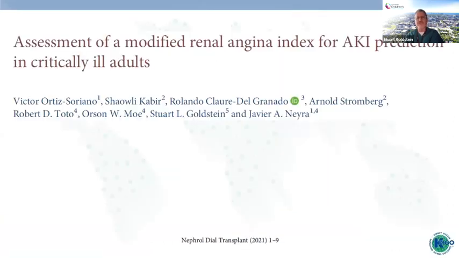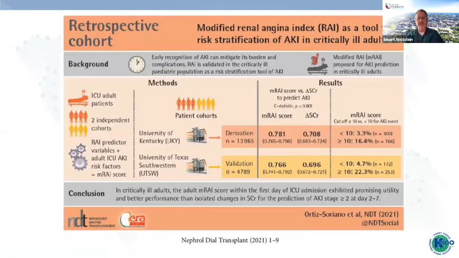Now, the adults were not far behind us. So Dr. Ortiz Soriano and Javier Neira from the University of Kentucky and UT Southwestern modified the renal angina index for critically ill adults. And what you can see here, and this was just published this year, is that in both the derivation and the validation cohorts, the adult modified renal angina index score had, again, about a 0.8 AUC